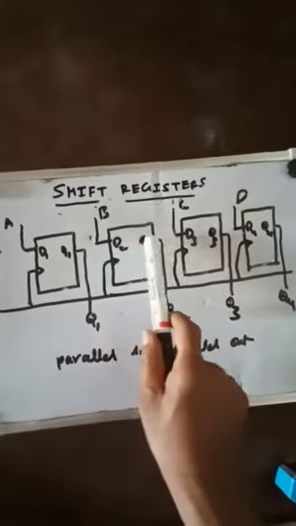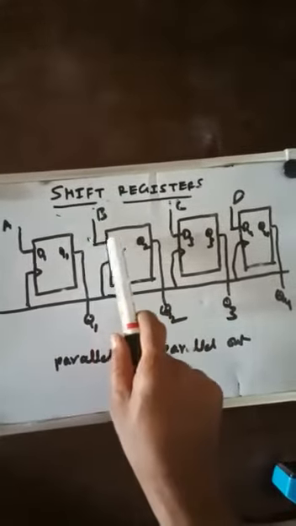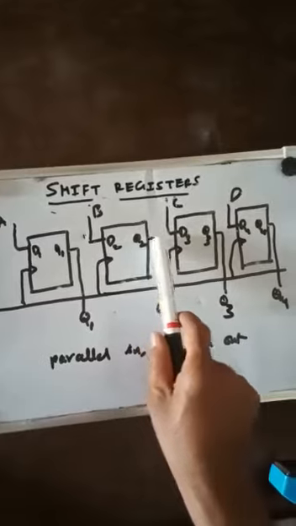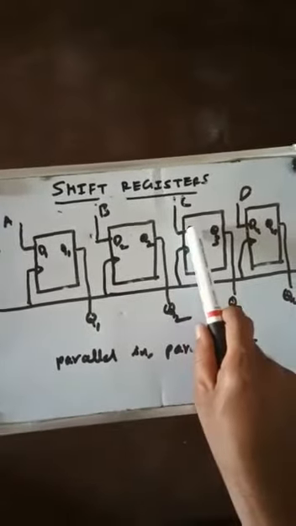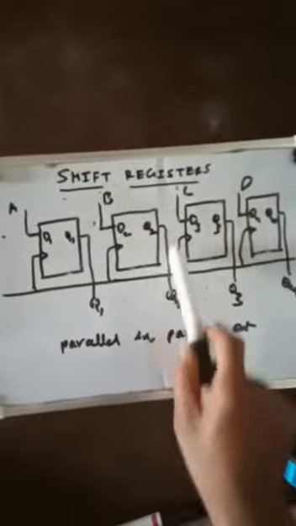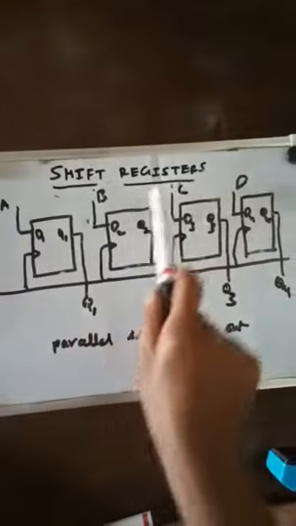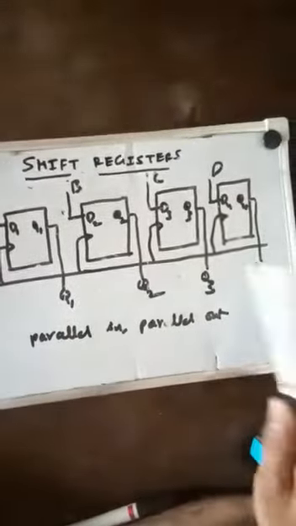Similarly, B is connected to this, and that information will be given and come out through Q2. Similarly, C is connected, and that will be transferred to Q3 and come out. And similarly, D, the fourth input, is connected to D4, and that will come out as Q4. So if you want to take the information given at A, B, C, D out as Q1, Q2, Q3, Q4 simultaneously, this is what is called parallel inputs and similarly parallel outputs. That's what is called a parallel in, parallel out shift register.